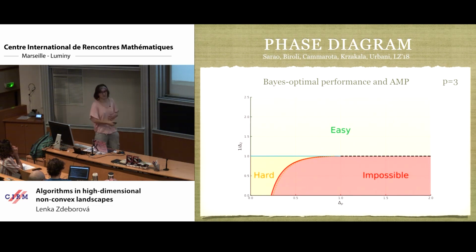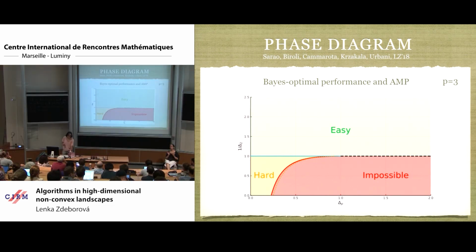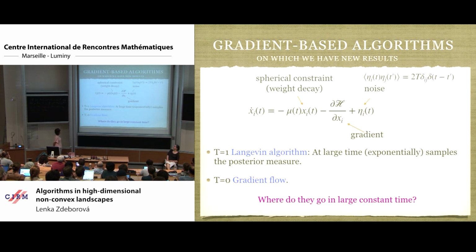In this red region it is impossible because the noise is just too big. And this orange region, that's our hard phase, where it's information theoretically possible, but the approximate message passing is not able to do it. Okay, so that's just the same story on a slightly different problem. But what I really want to show you now is how, in this same diagram, the gradient flow and the Langevin dynamics behave. That's the core of the message that I want to pass today.